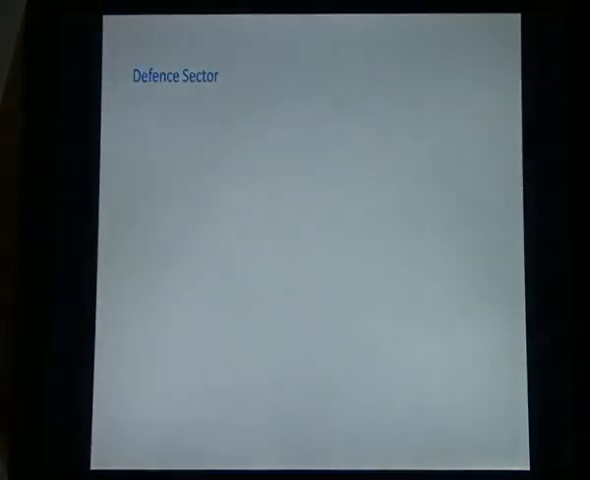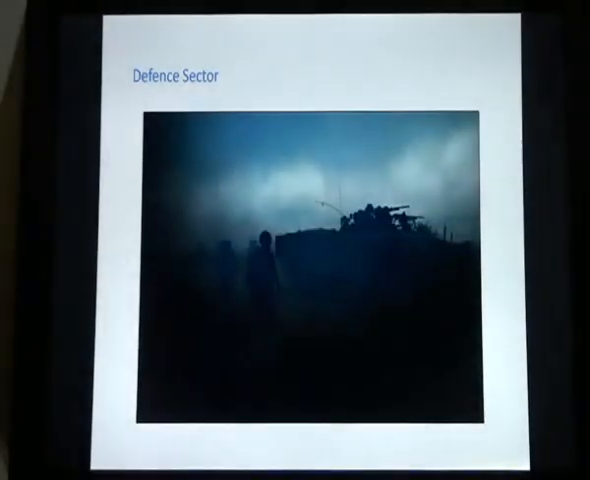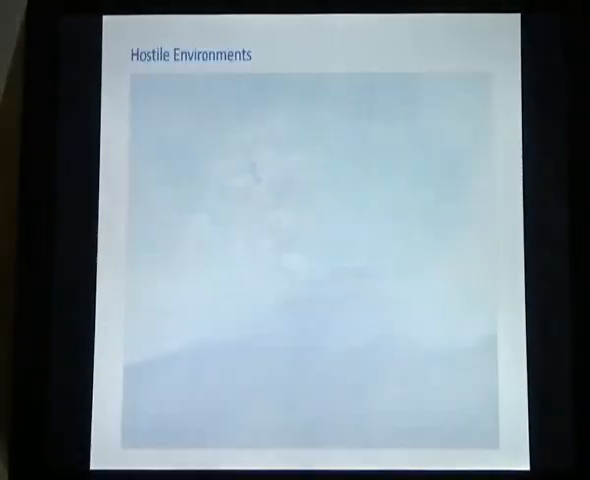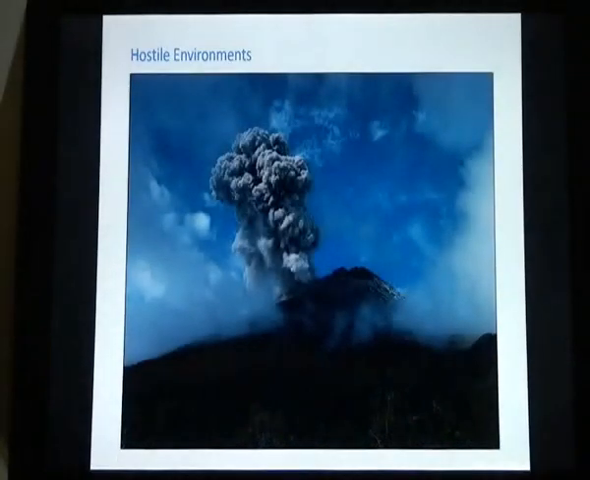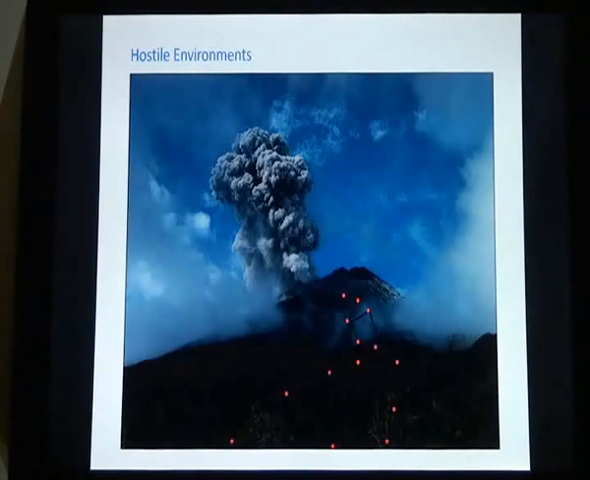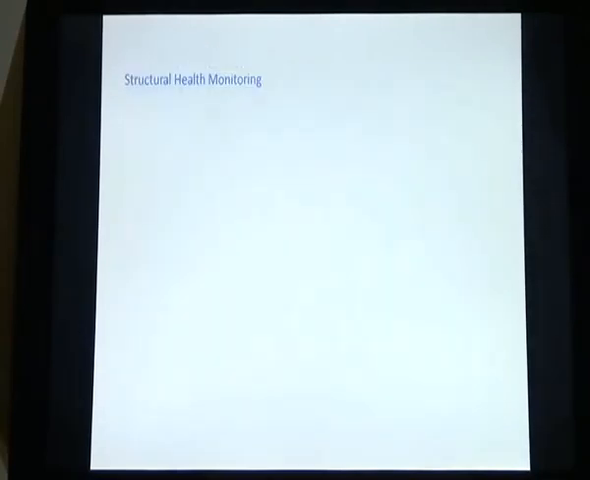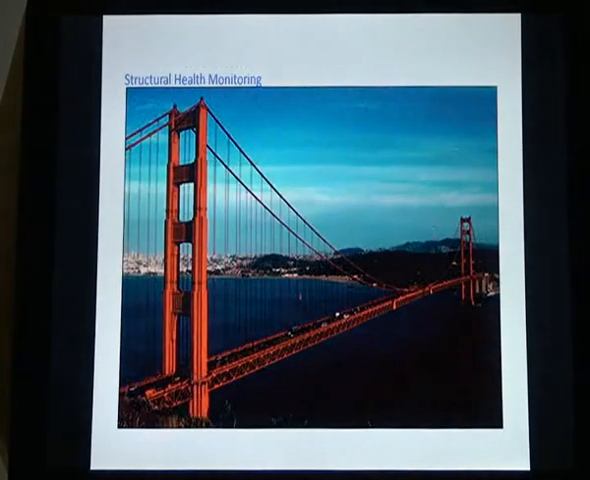As far as the defense sector is concerned, we can deploy a sensor network to monitor the movement of forces. We can deploy WSNs in hostile environments, for example, to measure the temperature inside a volcano using these networks, where manual measurement of this high temperature is nearly impossible. As far as structural monitoring, you can monitor the health of civil structures like bridges or dams,